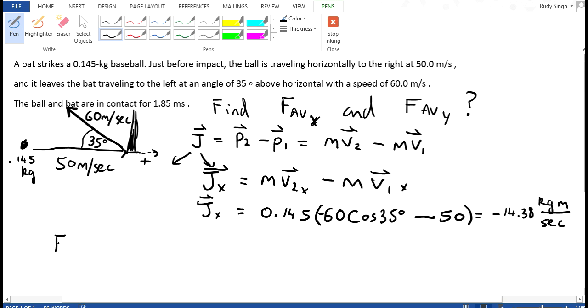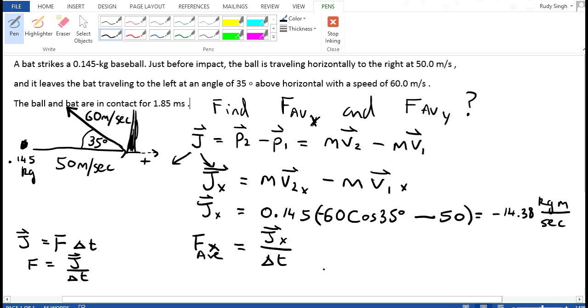Well, you might remember the impulse is equal to force times the change in time. So therefore force is equal to impulse over the change in time, over the duration. So F in the x direction, the average force in the x direction, is equal to the impulse in the x direction, because you can do this for either x and y, so it's equal to Jx over the time. And so that's Jx, negative 14.38